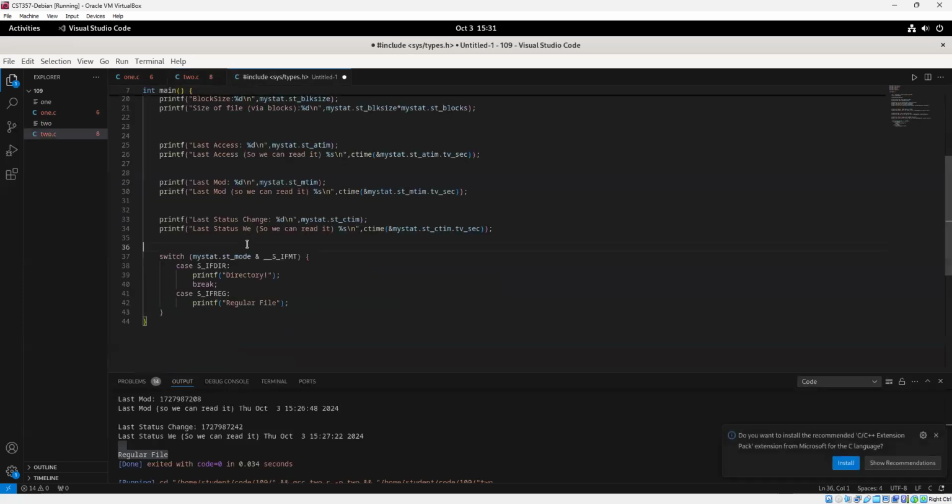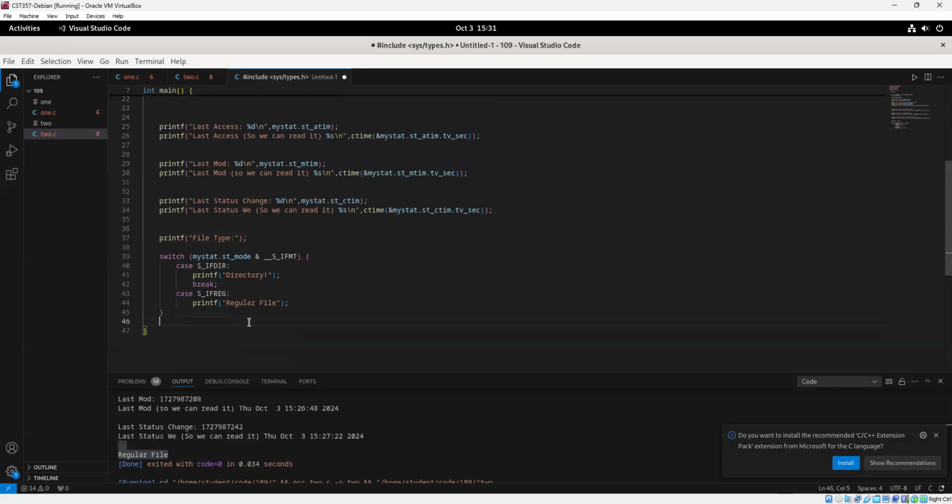And we're going to keep this, but what I'm going to do is put a printf here. I'm going to go file type, right? Just so it gives me a nicer formatting here. Not necessary, just something I'm going to do. Okay. So we're going to printf